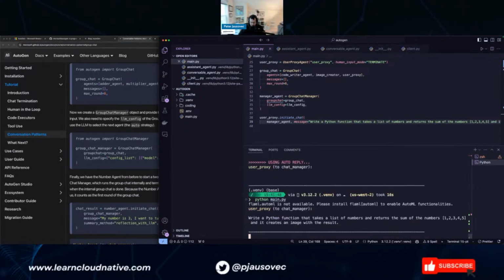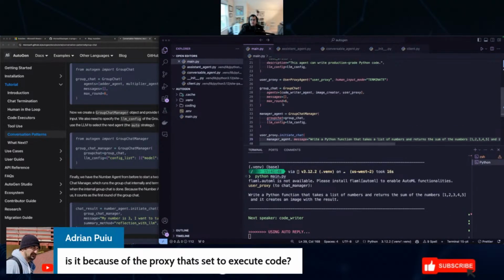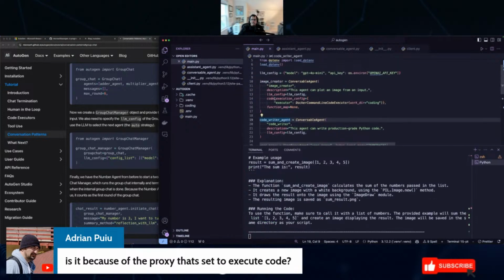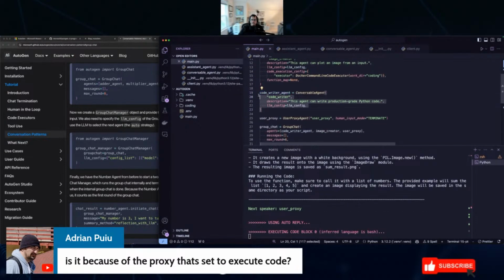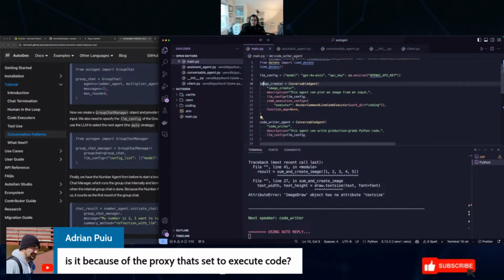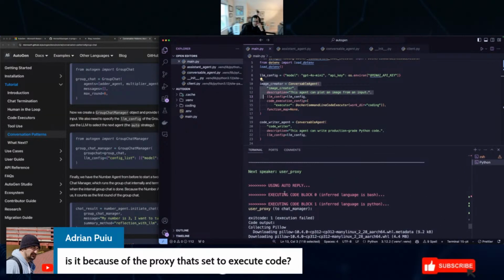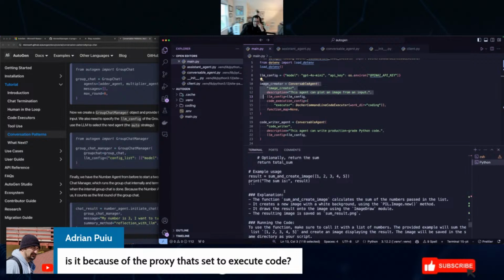Is it because of the proxy that is set to execute code? But this one doesn't have the execution ability, right? Maybe I'm not doing this correctly, I'm trying to figure it out.